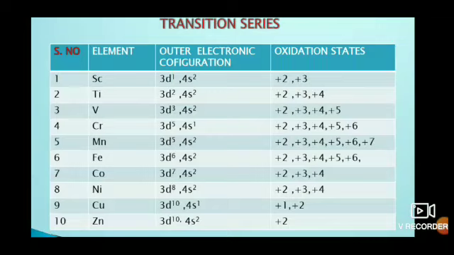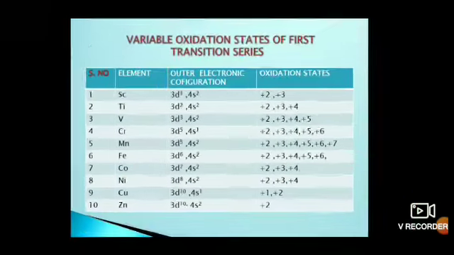Here we can observe that for the first 5 elements the minimum oxidation state is given by electrons of the s orbital, while the maximum oxidation state is given by the sum of both the s and d orbitals, whereas when we go from cobalt to zinc, it's not like that. Still the minimum oxidation state is given by s orbitals, but the maximum is not equal to the electronic configuration. And the maximum oxidation state of this 3d series is shown by manganese, that is +7.